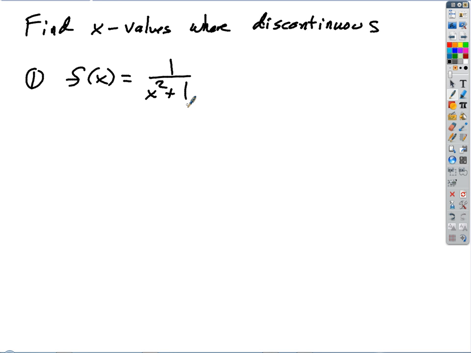How about that one? Find the x values, if there are any, where the function is discontinuous, right? Because where it's not discontinuous, it's continuous. So are there any places